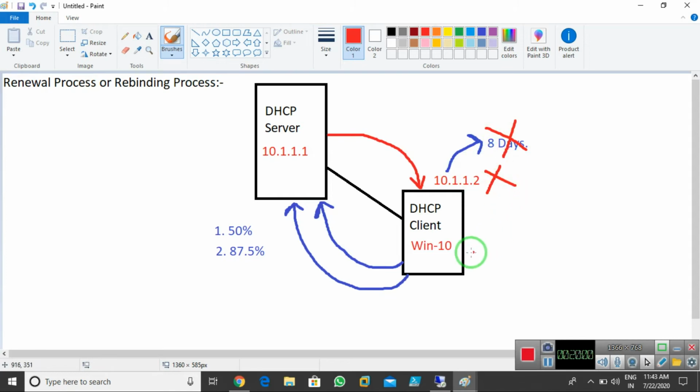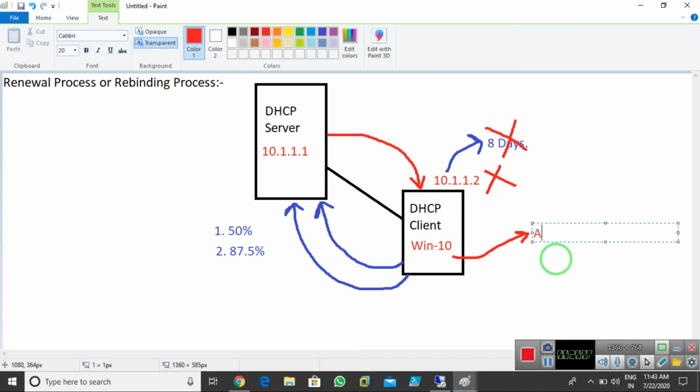Now what happens in that case? In our operating systems, we have one utility. The utility name is APIPA. The full form is Automatic Private IP Addressing.